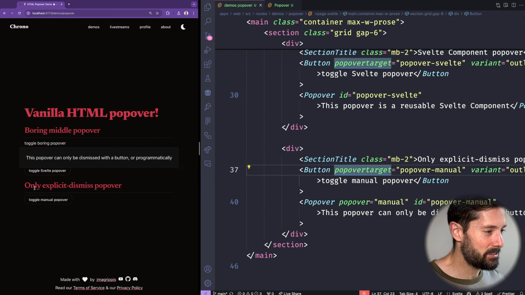So let's see how that would look. Maybe it's gonna be fun. So this is not gonna be a button with an href actually. It's gonna be a button with,